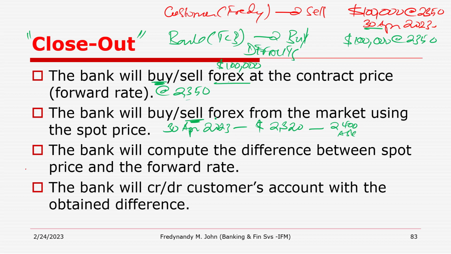Now after selling the entire amount, which is USD 100,000, what next? The bank will compute the difference between the spot price and the forward rate in order to obtain the net balance. Okay, so to get the net balance, what will happen is